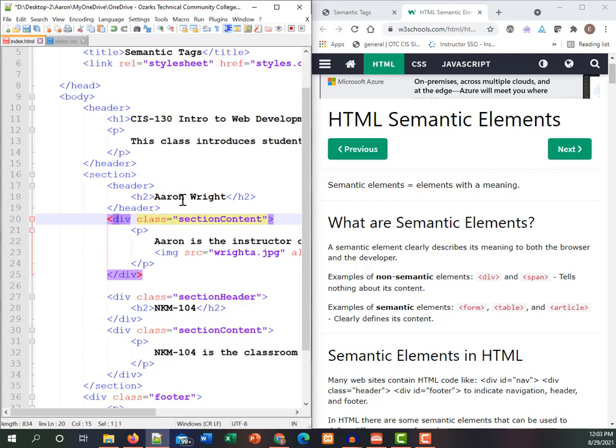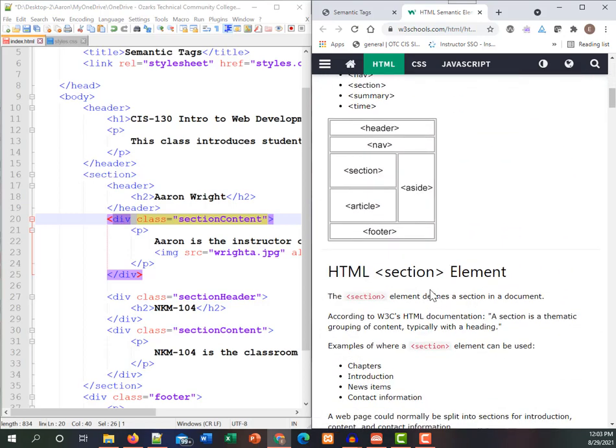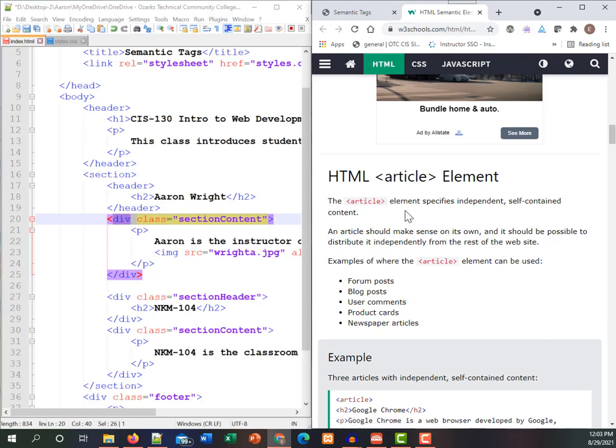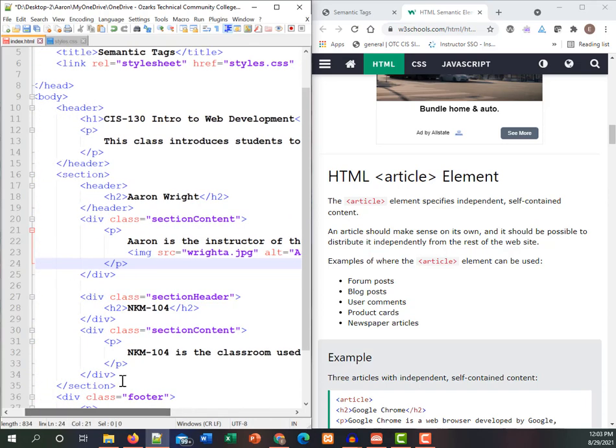This div is section content. So this is a section within the section. But this is also specific to this specific thing that's being talked about. So let's see the article element. The article element specifies independent self-contained content, where this is some self-contained content, because this could possibly stand alone. It would make enough sense to have